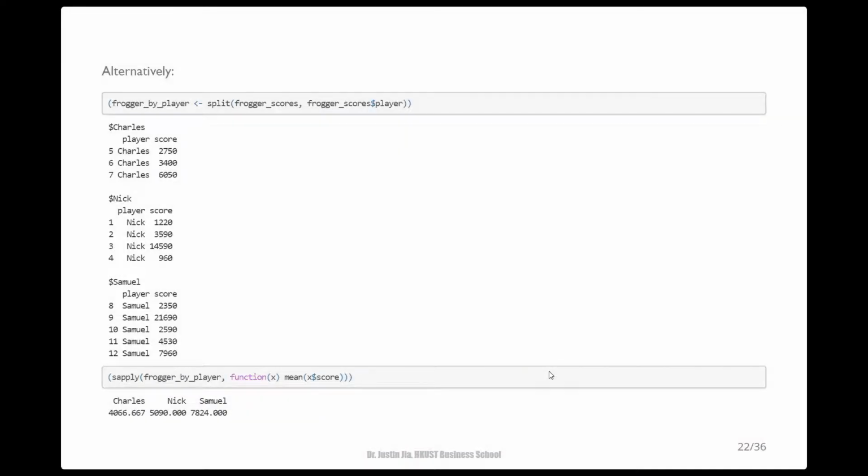Alternatively, as I mentioned, split can also work with data frames. So we can split up the rows of this data frame first and specify the variables to be summarized later by using an anonymous function, as demonstrated here.